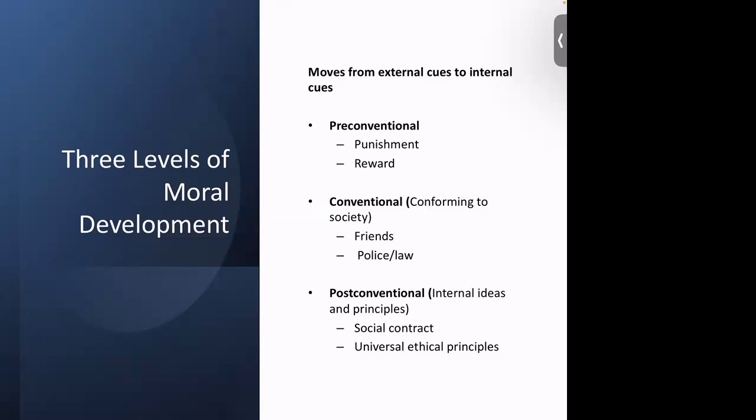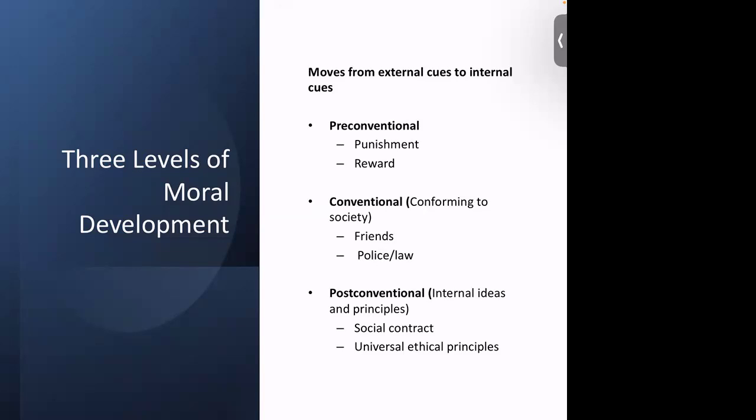So in the pre-conventional stage, in the first part of it, a child or whoever it is is very motivated by the fear of punishment. They don't want to get punished, right? Punishment is an external cue. As they move on, they act a certain way or do a certain thing because they want a reward. You see that punishment and reward are both external cues. That's the pre-conventional stage. Remember, Kohlberg is driving his pickup truck to the conformist police convention.